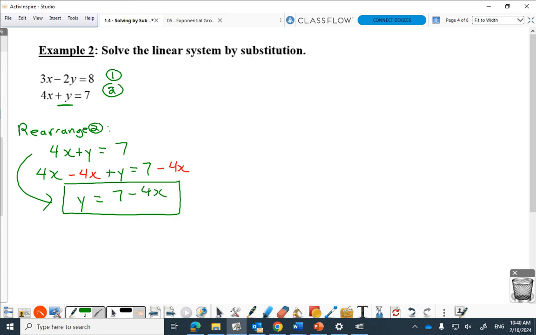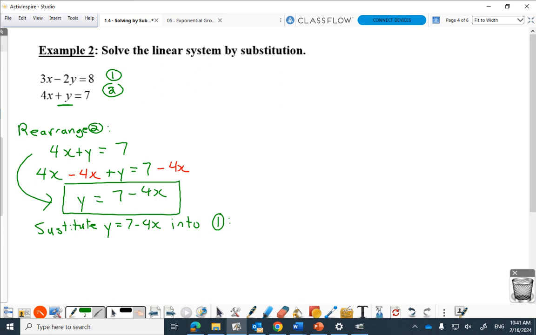Very carefully write this sentence, Mr. Todd. Substitute y equals 7 minus 4x into, okay, now this is just going to take a tiny bit of thought. I rearranged equation 2. So I'm going to sub into equation 1. Clear enough? I'm not substituting an equation back into itself. That's not going to accomplish anything. But if I sub it into equation 1,